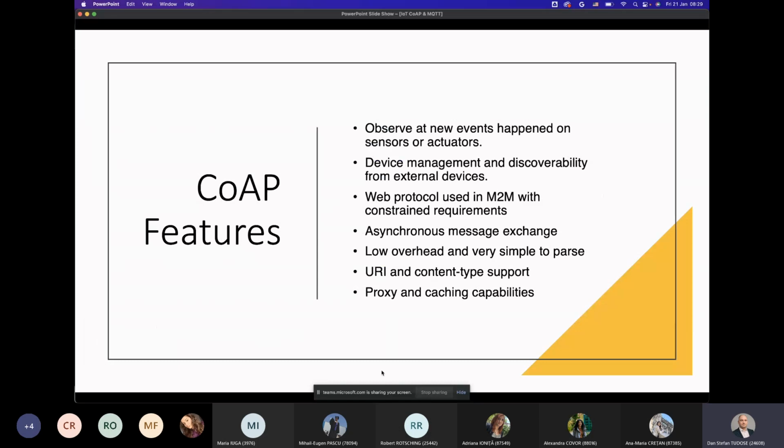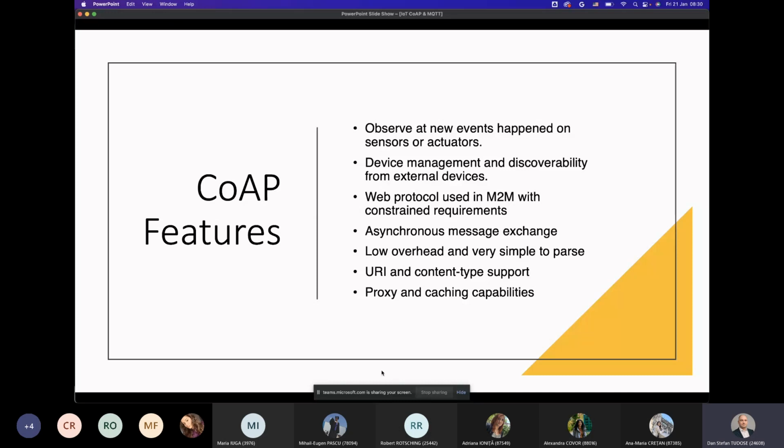Now, what does CoAP offer as a protocol? Well, it's a protocol with a very extensible set of features. So it offers device management. It offers the possibility for the user to discover certain devices, and more than that, discover device settings and parameters, and allow you to actually communicate with a certain device type, or send individual commands, or send messages that are broadcasted to multiple devices at the same time.